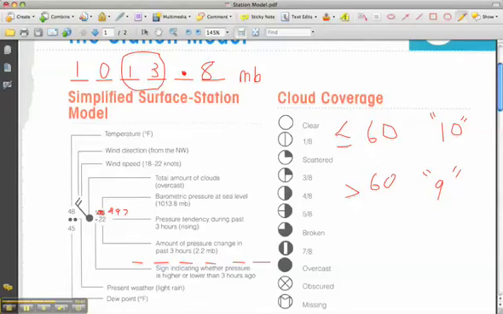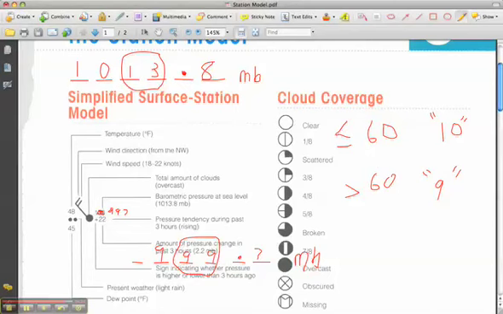Step number 2, put a decimal point in the next to last placeholder. Put your millibars over here to indicate pressure. We'll put the last number here, that's 7. Put the 9 in this particular placeholder. Take this 9 and place it in this particular placeholder. I look at these 2 digits and I see the value is 99, which is greater than 60. So I place a 9 and my pressure would be 999.7